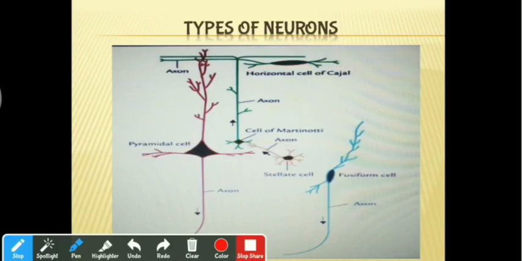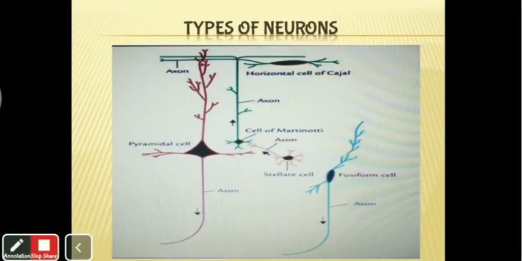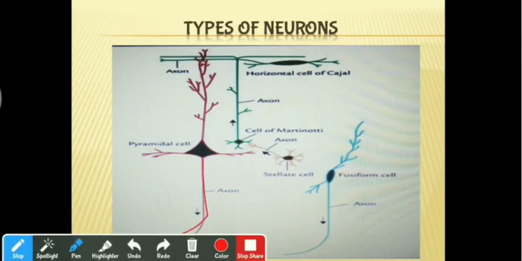And the pyramidal cells are pyramidal in nature, and the axons of the pyramidal cells will enter the white matter of the cerebrum, and they vary in size from 10 micrometers to 125 micrometers. And the larger pyramidal cells with 100 to 125 micrometers are called the pyramidal cells of Betz. About the stellate cells, the stellate cells are smaller with star shaped bodies. They have a shorter axon and shorter dendrites, and appear like a granule, so they are also called granule cells.